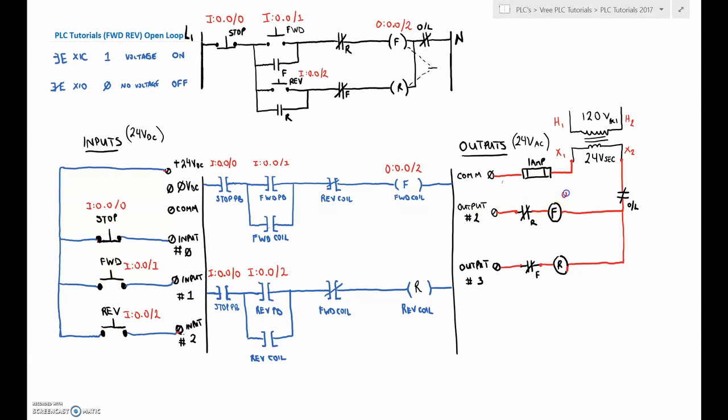All right, so I'm going to address all of these guys the same all the way through. Now, you don't need to do this. I just like to do this so it has all the information on the page. And the reverse is physically wired to output number 3. So we'll address that guy as our third bit of information on our output data table. And again, I'm just putting all this information everywhere so that I can reference it later on. Beautiful. Okay, so those are all our outputs, and we don't have a holding contact that's going into the inputs,